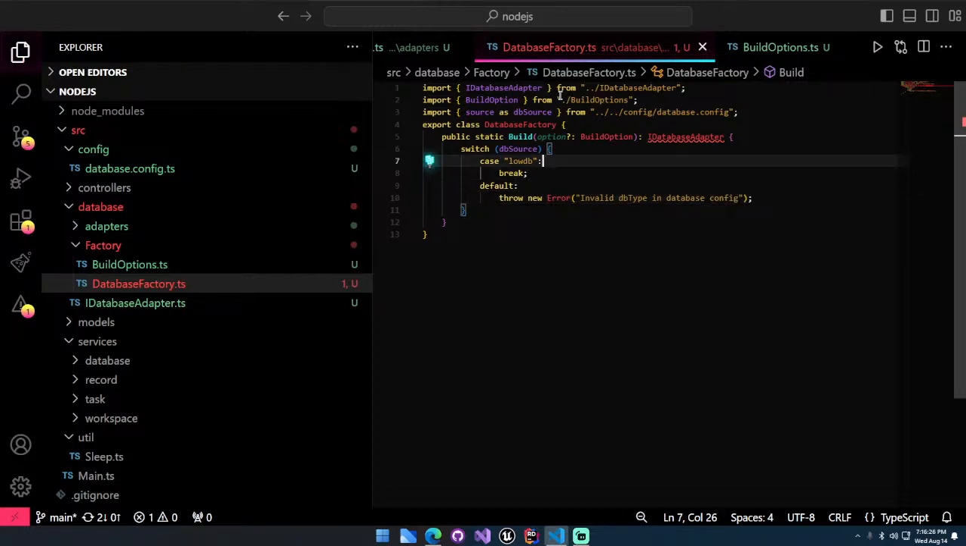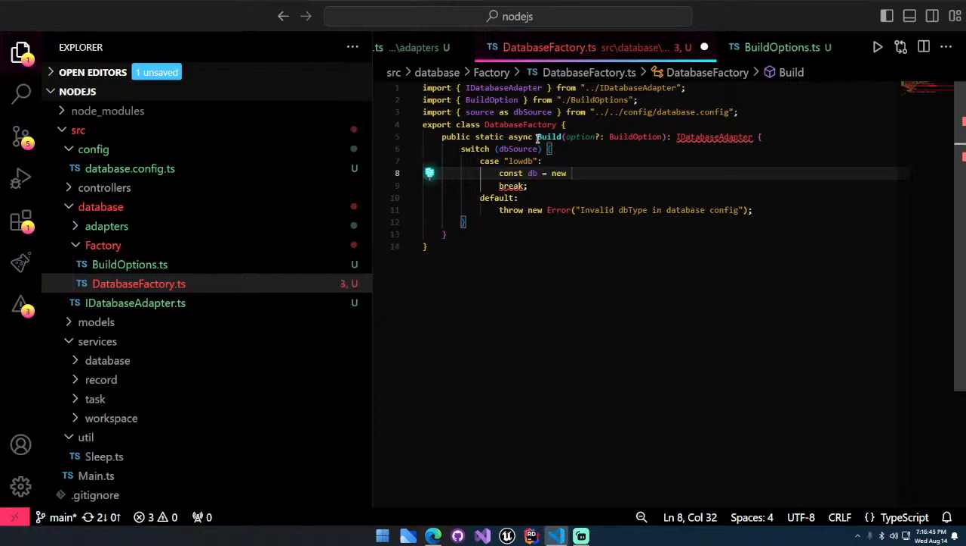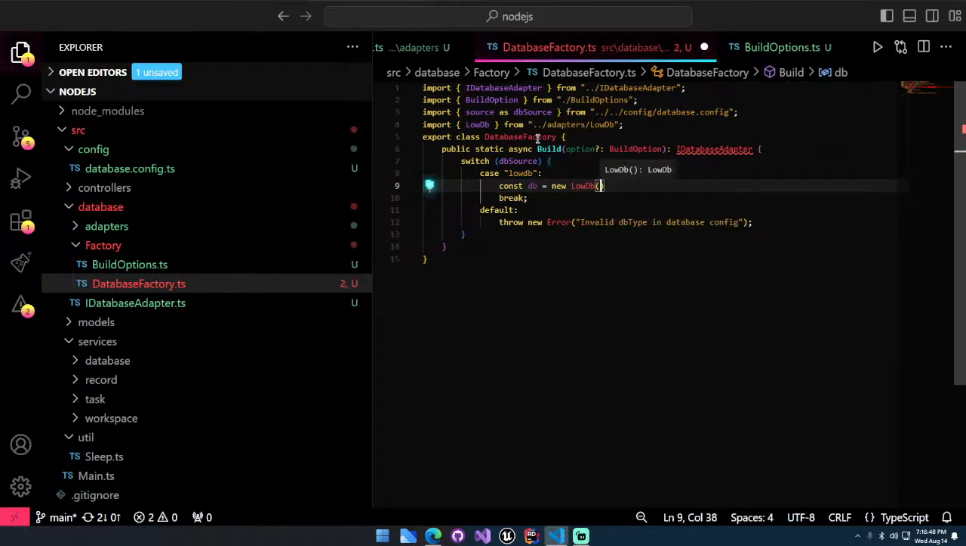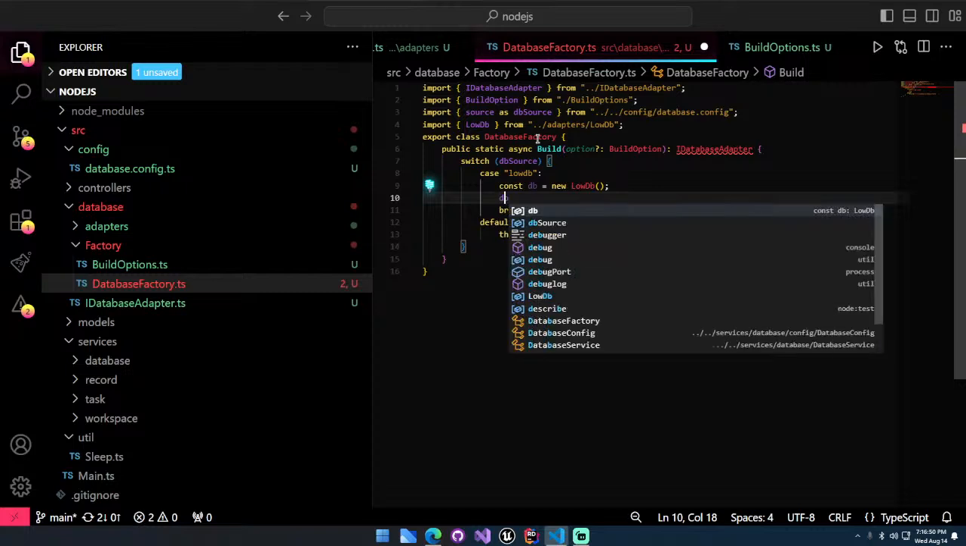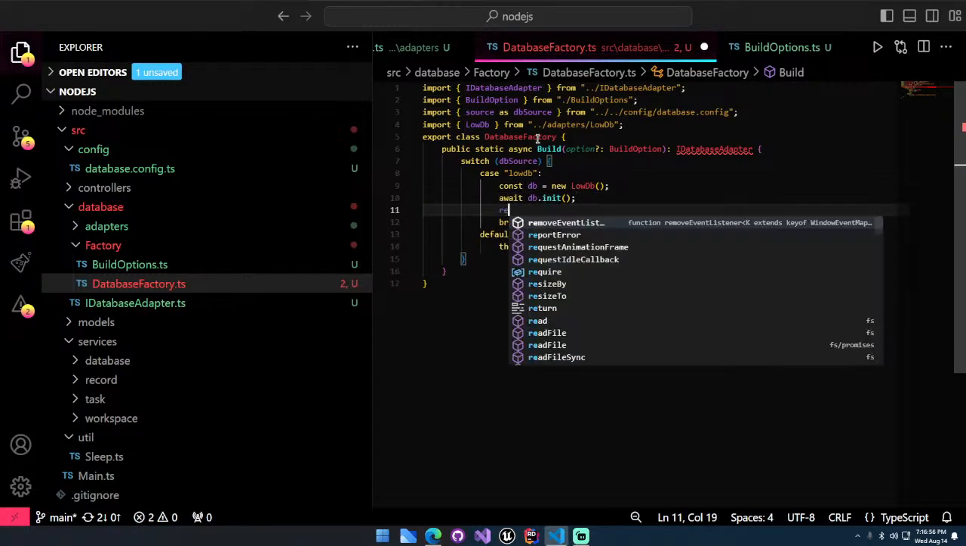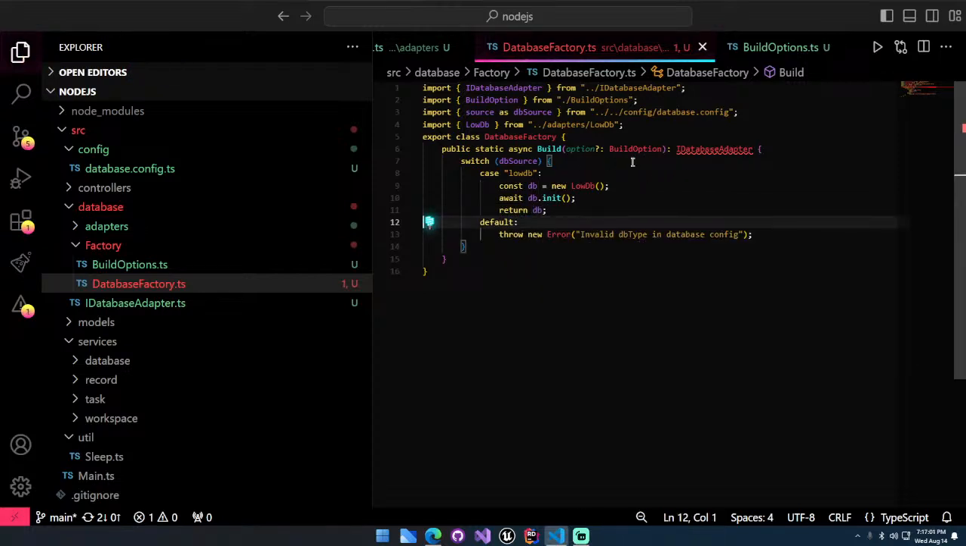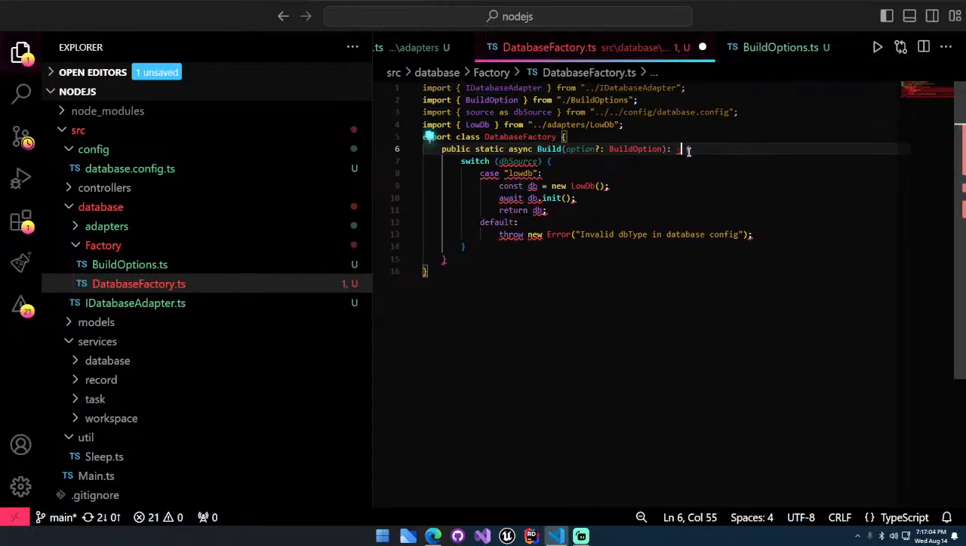Let's make this build function async. Public static async. The reason is, when we return a database, we want to make sure that we initialize it first. So we created our database, and after that what we want to do is init. Return db. Okay. And this one has to be wrapped in a